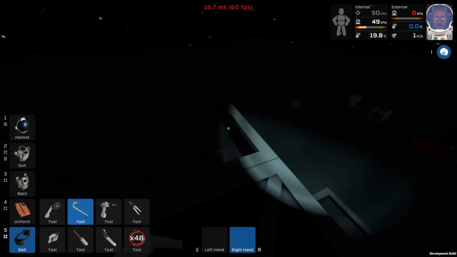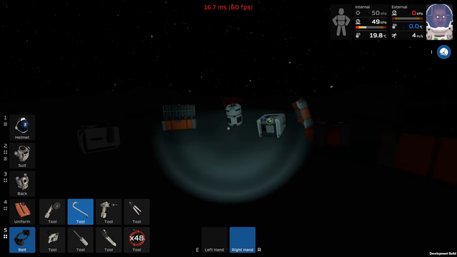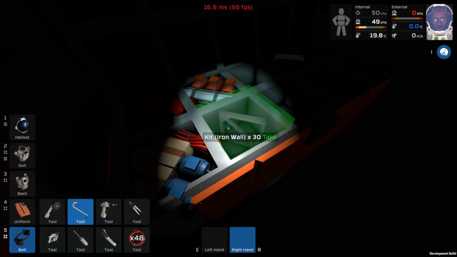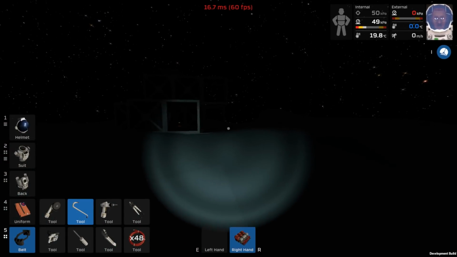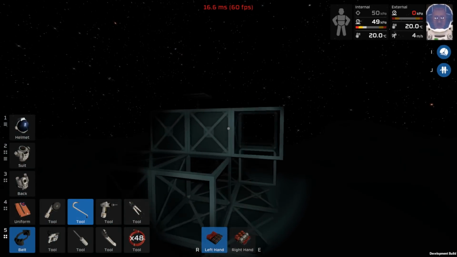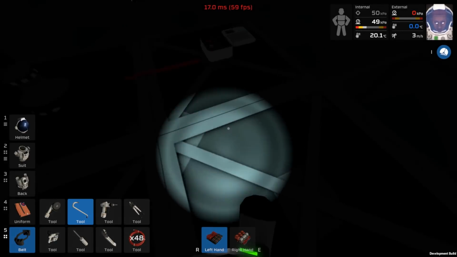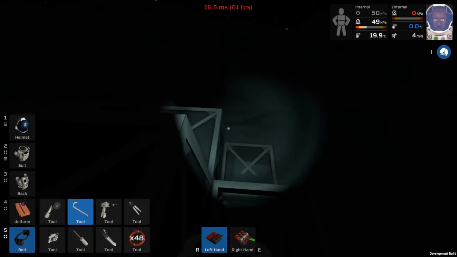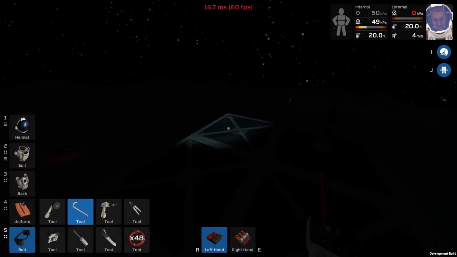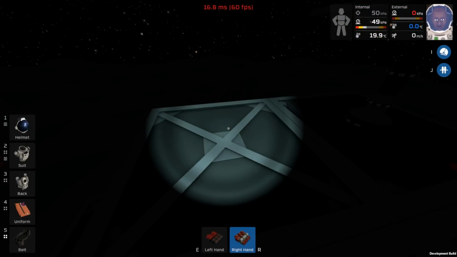Alright, next thing that I'm going to need is, I might stick my auto lathe up there for now. Arc furnace, solid generator, auto lathe. So your auto lathe is your basic crafter, and then... Oh, I've not actually finished building this solar panel. As you can see, there's no glass on it. I want this up there. Yeah, why not? I don't necessarily want it up here, but...